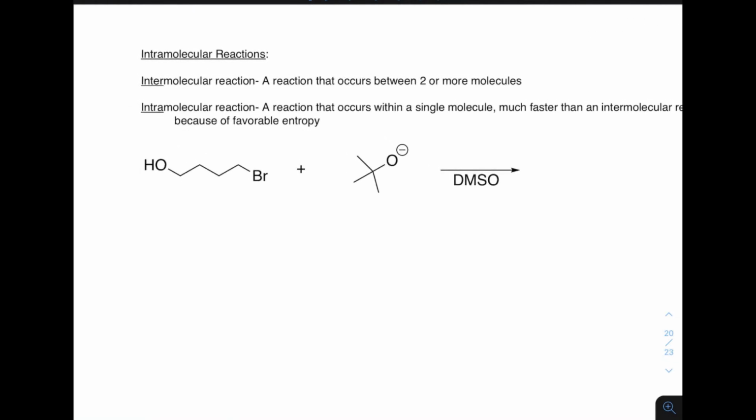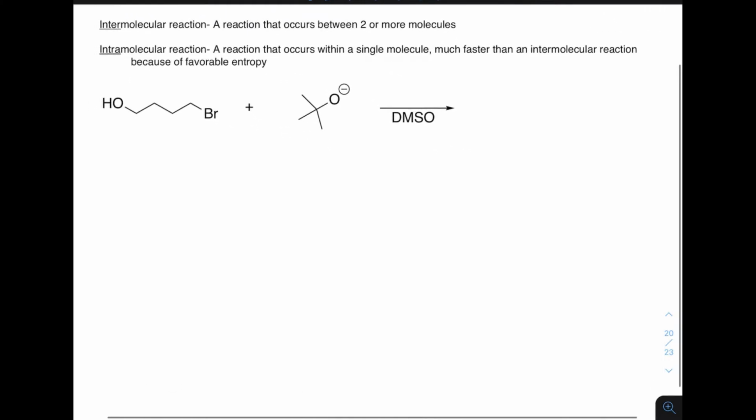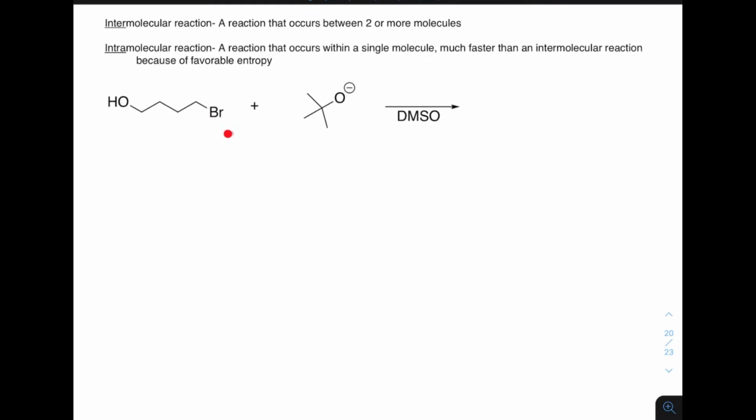So the next type of reaction that can occur is something called an intramolecular reaction. So inter-molecular means between two molecules. So an intermolecular reaction, like we've been seeing, occurs between two or more molecules, and an intramolecular reaction occurs within a single molecule. And so what's happening here is we have our alkyl bromide, and we have our